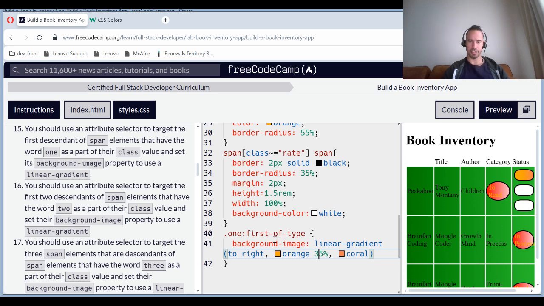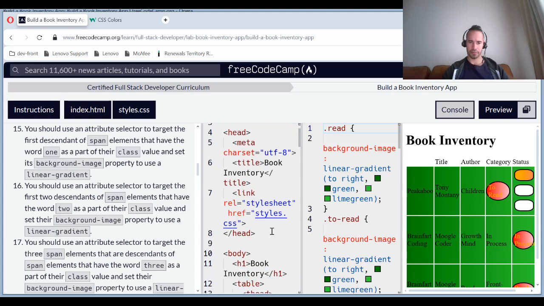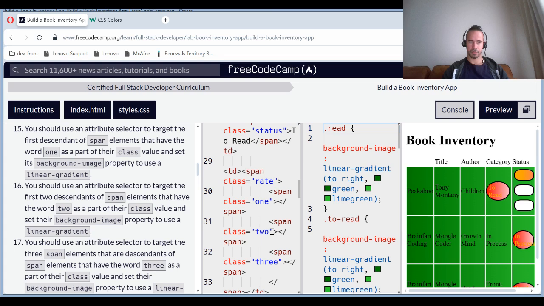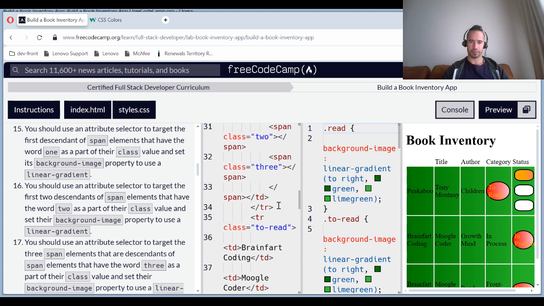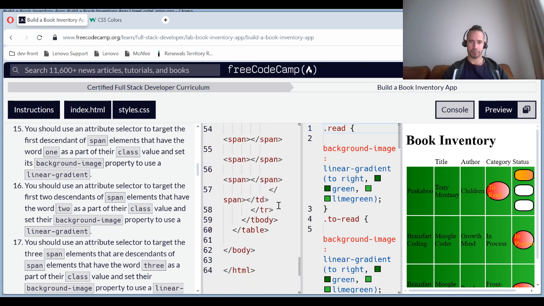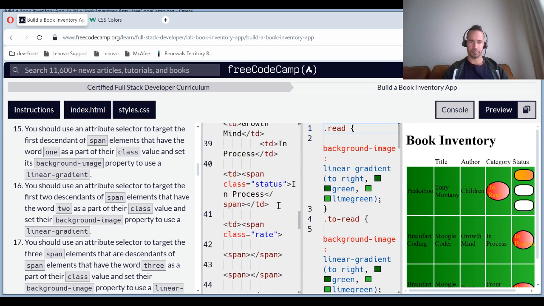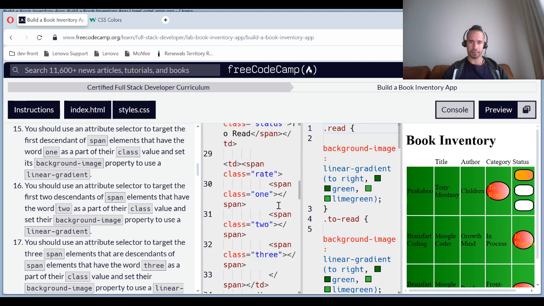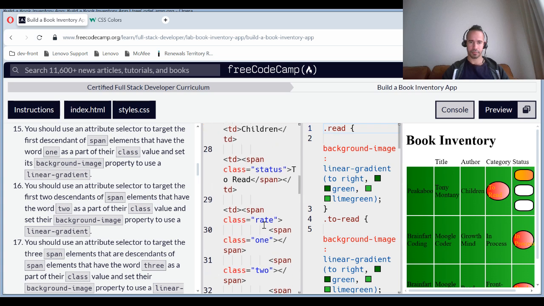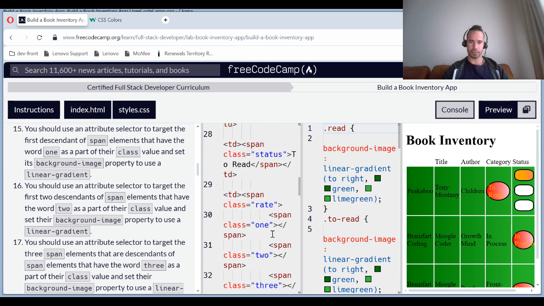This targets the one itself. Let's see. The first type, and then you should target the first descendant. There is no descendant. What are you talking about? Because this, oh, this is the status, and then